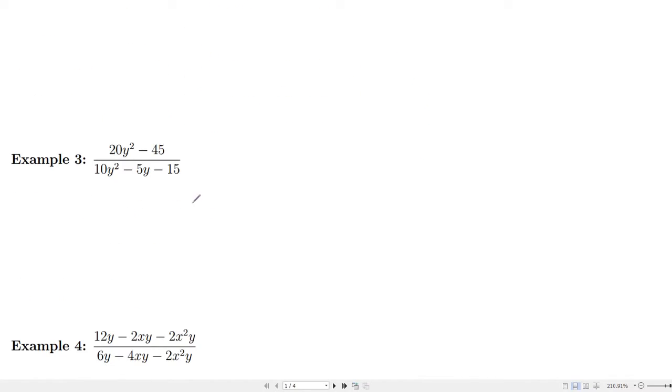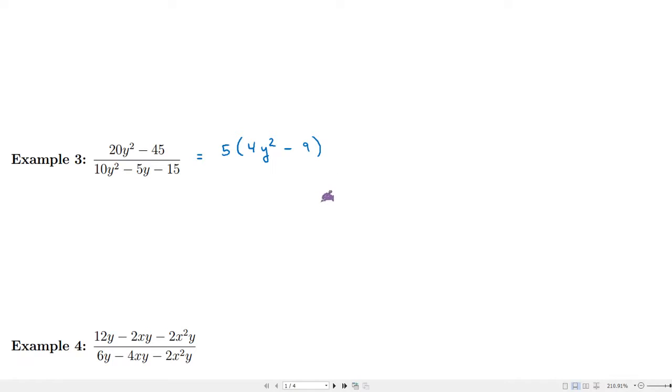Moving on, now we have 20y squared minus 45 divided by 10y squared minus 5y minus 15. So, factoring as much as we can out of this numerator: are there any constants in common among these? It looks like the greatest common factor would be a 5. So what would be left over? 4y squared and then a minus